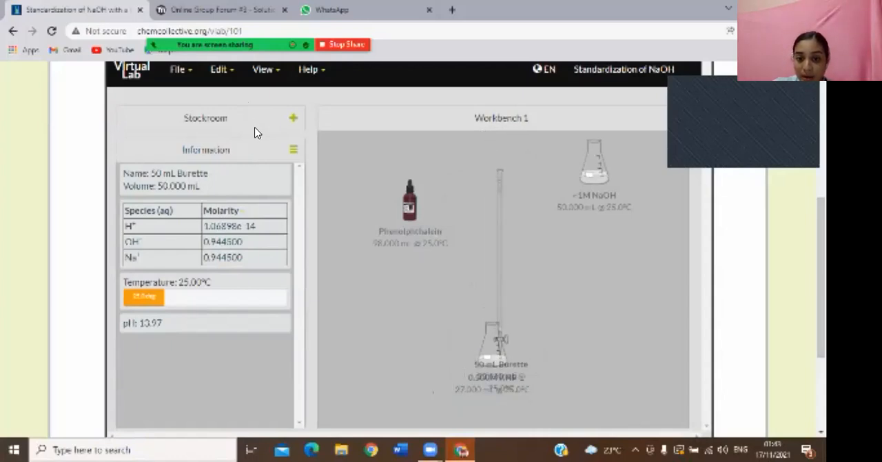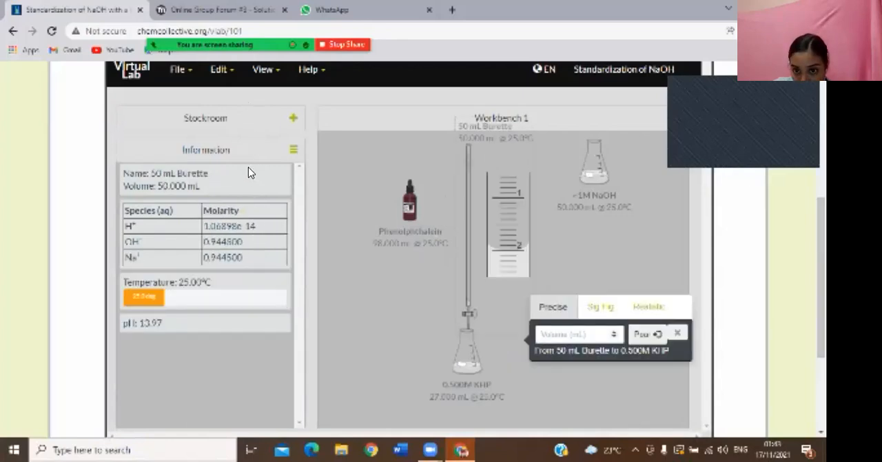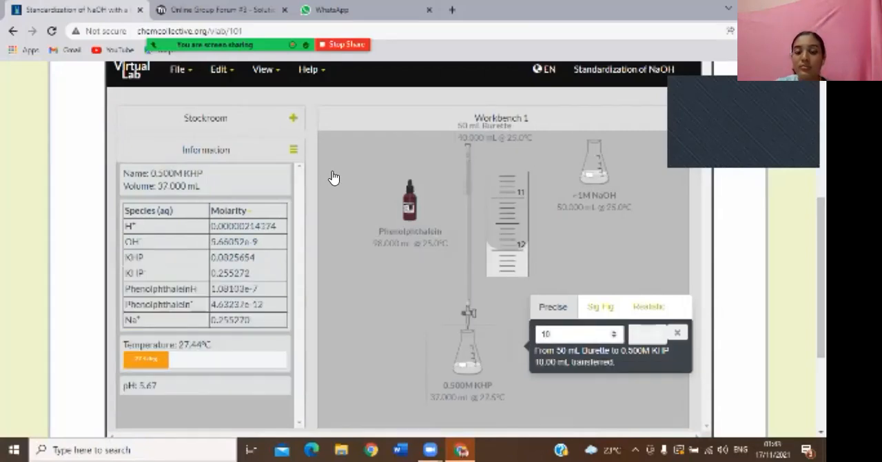So we're going to make the burette react with the solution. We're going to be adding first 10 ml of sodium hydroxide into the KHP, to see a color change. What will occur here is that the KHP will react with the NaOH, and a color will change. It's going to be a pink color, and if that color appears,